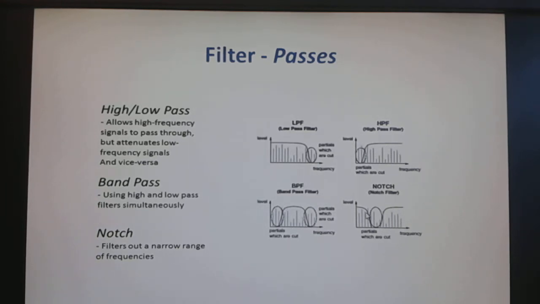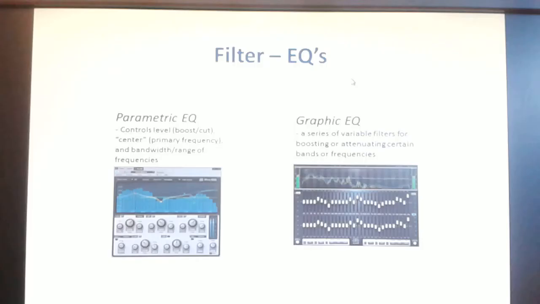And the notch filter is the opposite of that. So we are letting these frequencies pass, but not the ones at this middle notch. And finally, we have